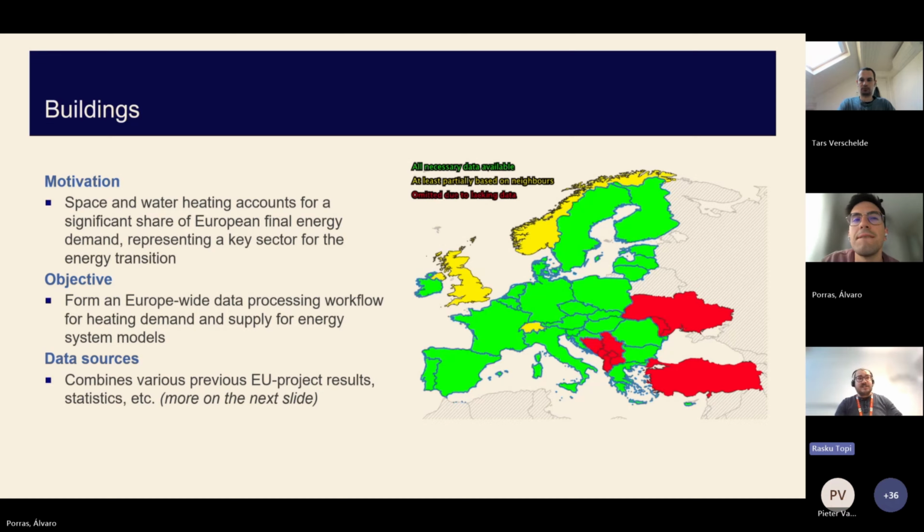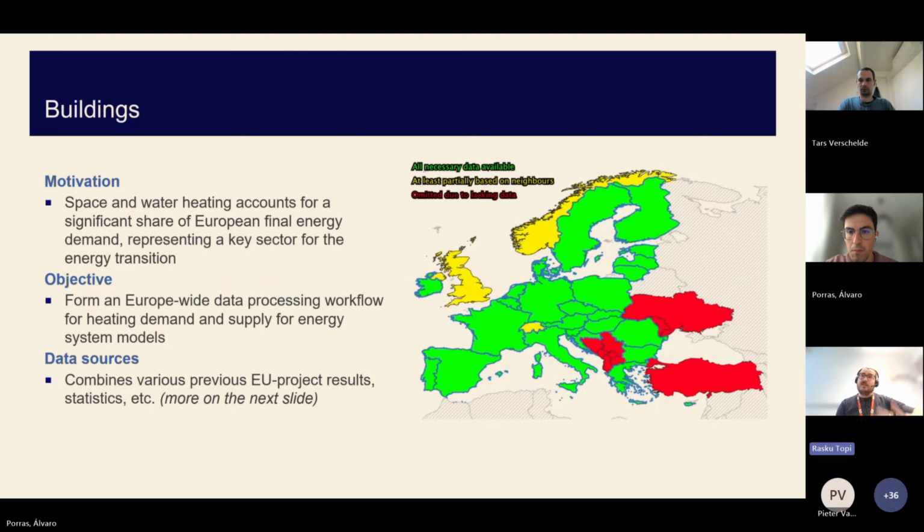The data sources, there are a lot of data sources I had to scrape through because, if you've ever had the displeasure of trying to find comprehensive, good quality data sets about building stock and its properties across the EU, you might know that it's a bit scattered. Every country does things a bit differently. And on the right there, I have a rough illustration of the scope of the data set that I was able to pull together.